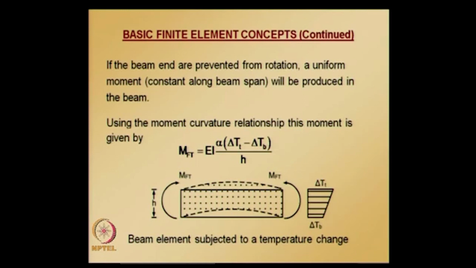Suppose the top surface temperature is lower than the bottom surface temperature, the direction of moments will be opposite, since the beam is going to rotate the other way, and the moments try to oppose the curvature because of temperature. And please note that in both cases no shear force will be there,